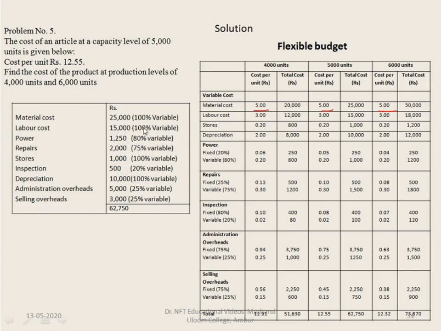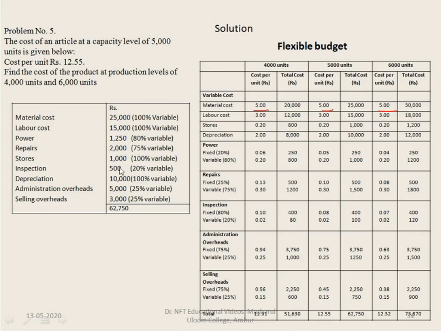So here 100%, let's see for what other things 100% is given. Here for stores 100% is given. So we'll write the stores as well. 100% for it, 1,000 rupees is the stores. So 1,000 divided by 5,000 is 0.20. So 0.20 is common for all in case of variable cost. So 0.20 into 6,000, 0.20 into 5,000 and 0.20 into 4,000 is the total amount given for all the levels